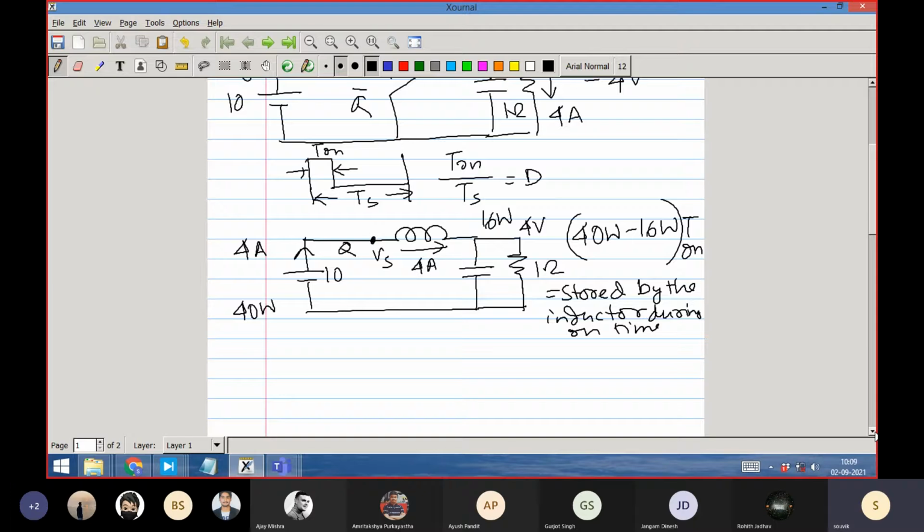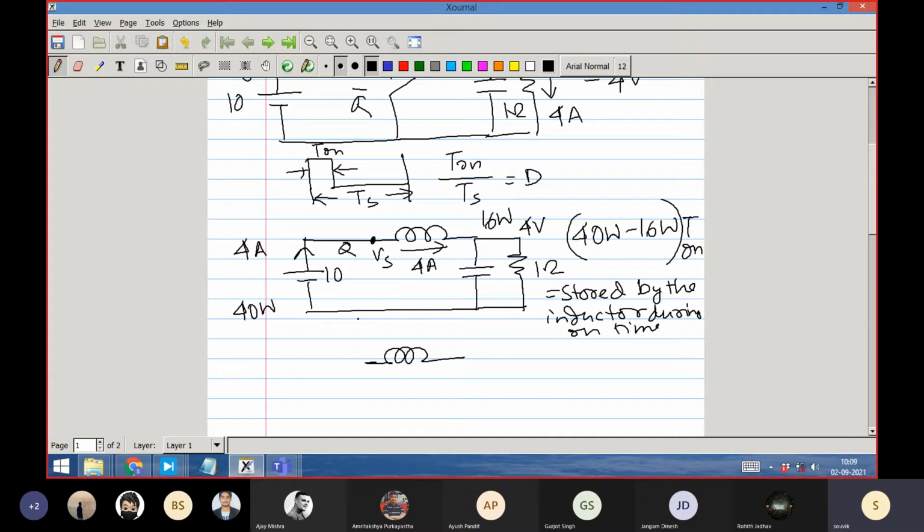So at this moment, the inductor is receiving 40 watt, giving 16 watt to the load, and the remaining 24 watt it is storing inside itself as energy. That extra power, converted into energy, it has received from the input side. So now the next switching position, the equivalent circuit will be